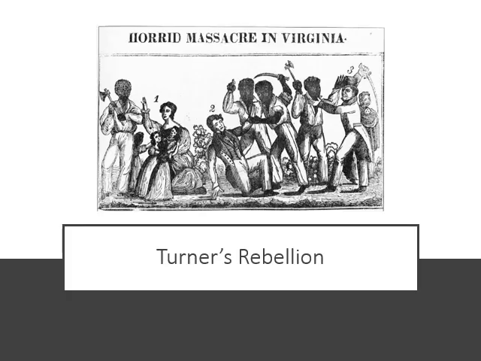Here, a depiction of the horrid massacre in Virginia of Nat Turner's rebellion in 1831, when these rebel slaves attacked. You can see the slaves attacking the white people here. So this horrified people in the South, made them feel that they had to defend it more. But from the other side of the perspective, from our modern perspective, you can see the slaves are overrunning their oppressors. They're attacking the people. So from our perspective, it is justified today.